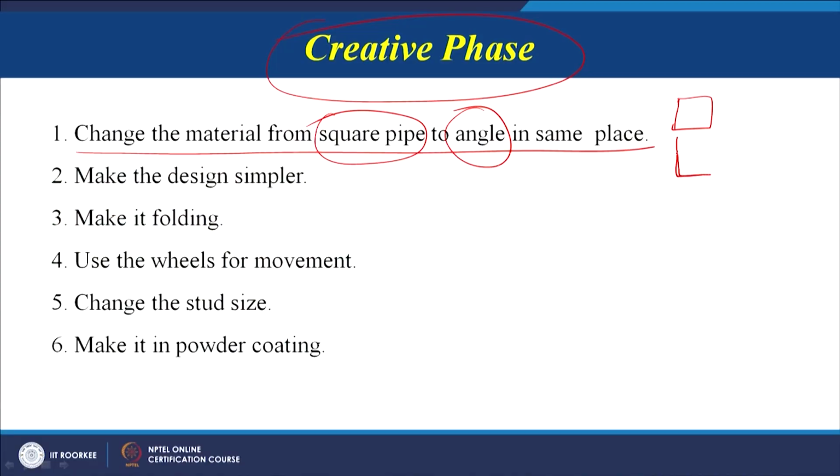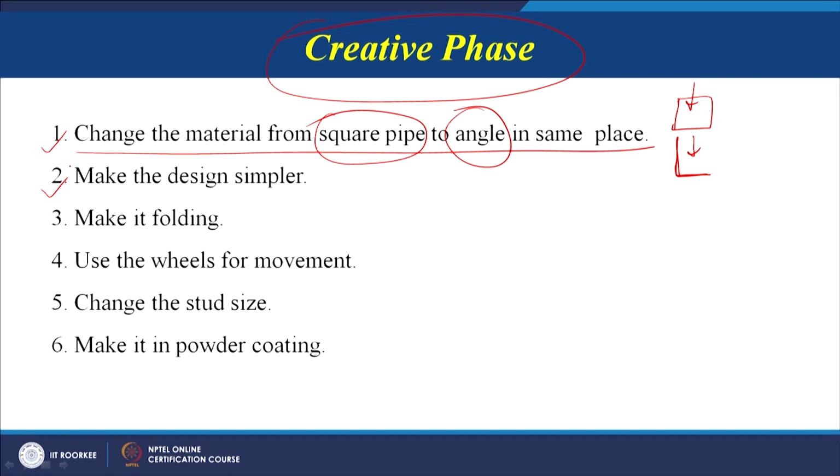So it is suggested, if possible, we can use an angle for making it. So we can make it angular, maybe this is I am showing the top view. So we can use an angle in place of a square. So this is just one idea, but this has to be implemented without compromising the performance, rigidity, weight, etc. of the product. If the weight is coming down, performance is not getting compromised, certainly we can go for this because it will save money.